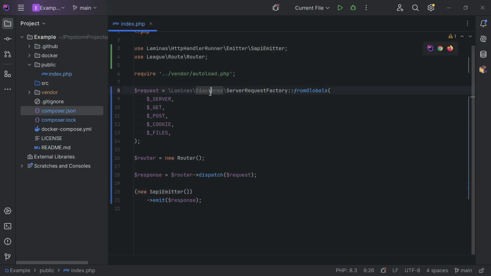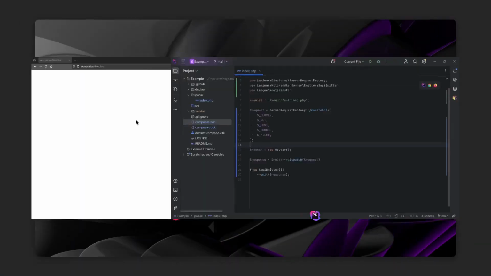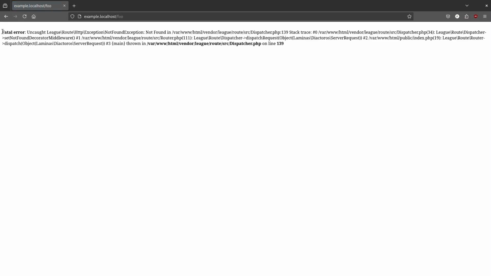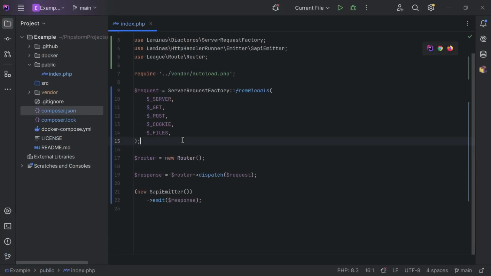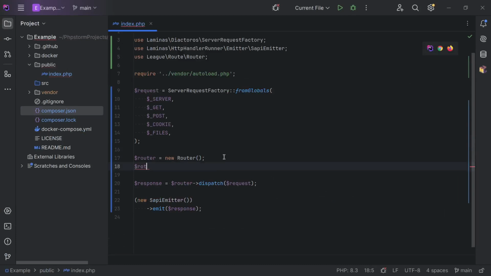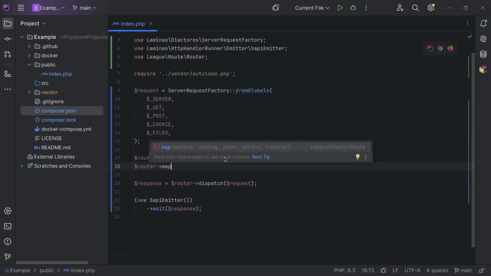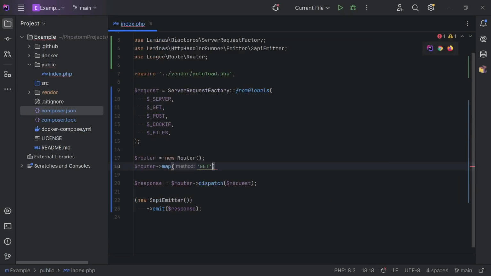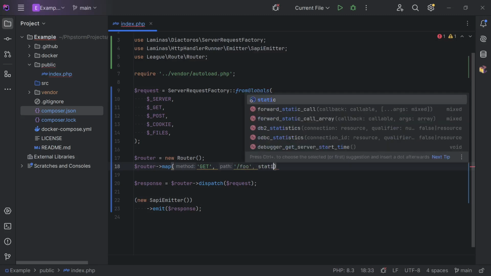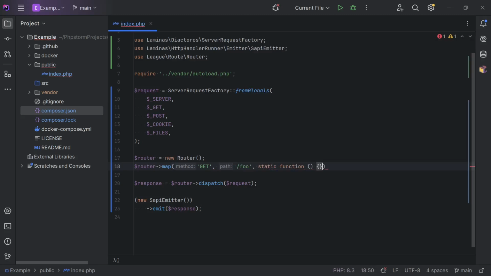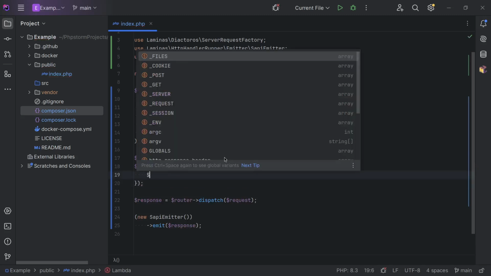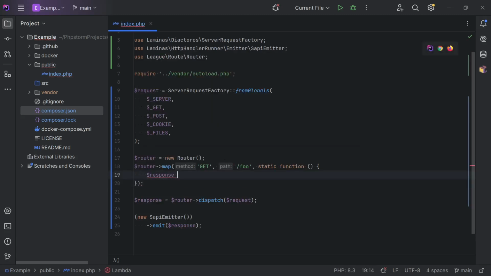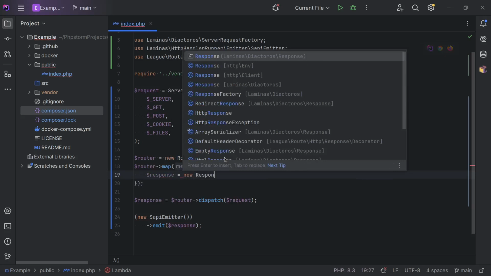And let's import these classes. We now go to our browser, we get a fatal error because we didn't define a route yet for /foo. So let's do that. So on our router, we do a map for method get for path /foo, and we add a static function here where we have a response is new response,